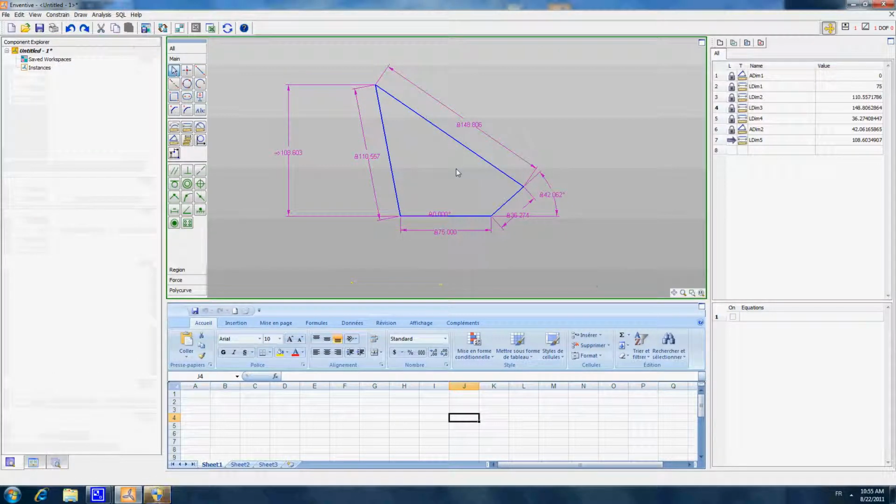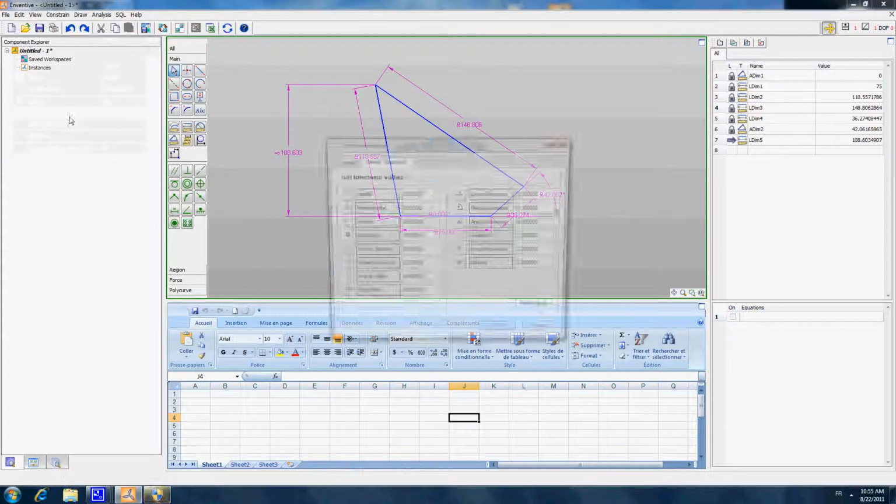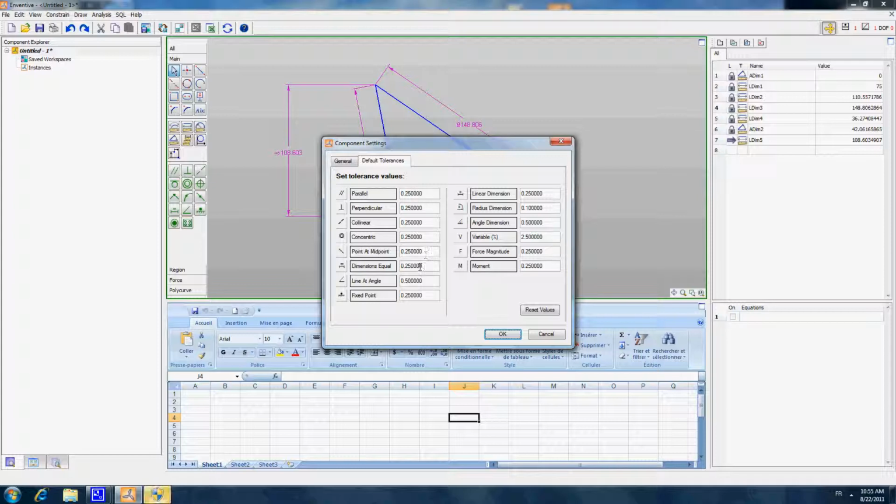Just like in a part drawing, all parameters with default tolerances, we do not see their tolerances. So default tolerances can be defined in a default tolerances interface, which is this one.